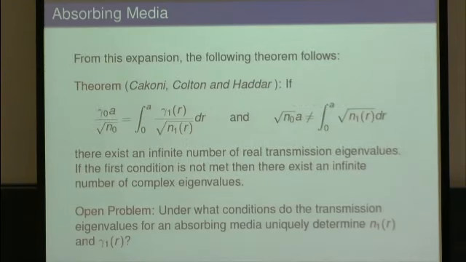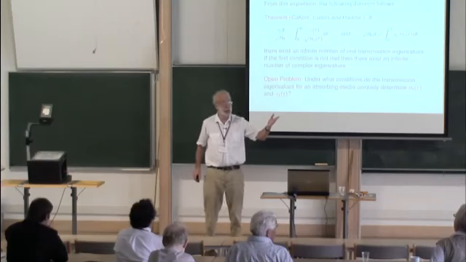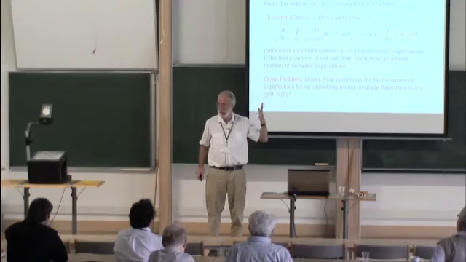If, by some chance, you have the relation between the absorption outside and the absorption inside, together with the real part, and also that's not true, then there exists an infinite number of real transmission eigenvalues, but if this first condition is not met, there exists an infinite number of complex eigenvalues. So in certain situations, if you took an absorbing media and immersed it in just the right type of media with constant absorption, such that this held true, then you get some real eigenvalues. And the reason, of course, you're interested in real eigenvalues is those are the things you can measure from scattering data. So you'd like to make use of that fact somehow.